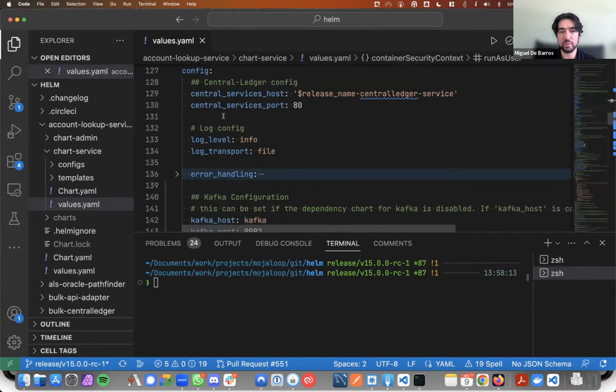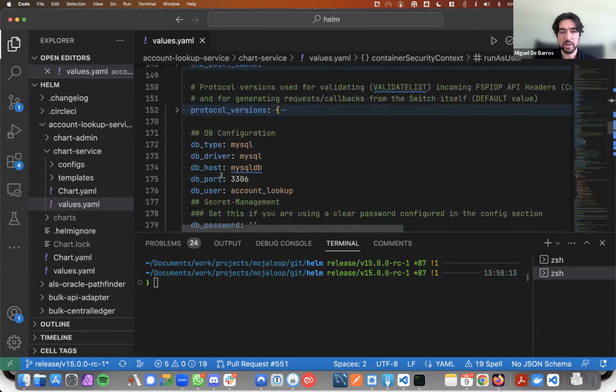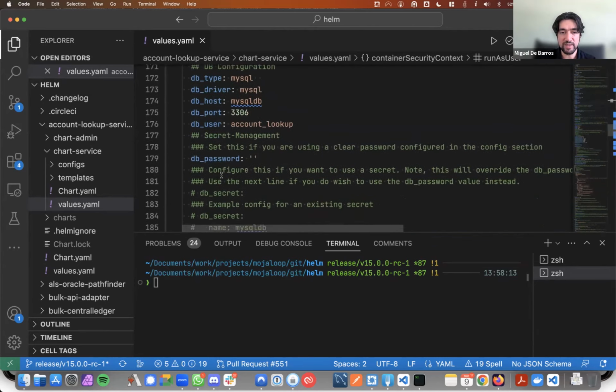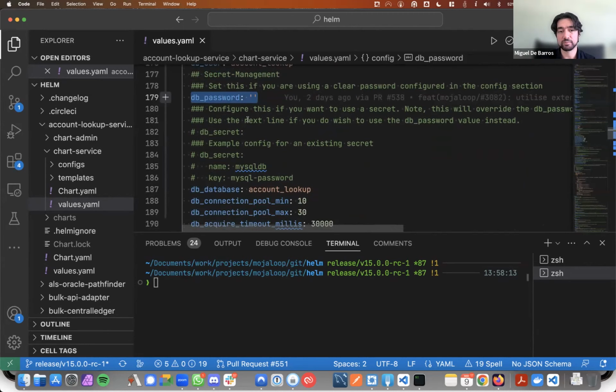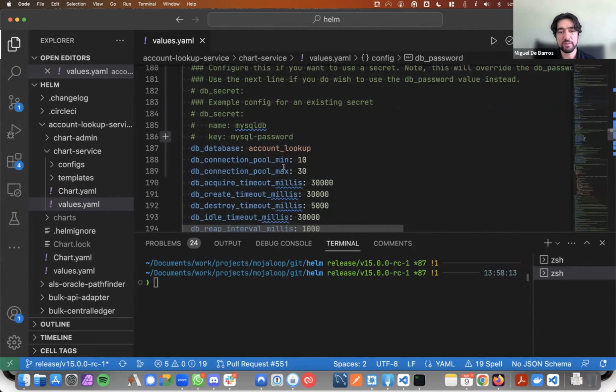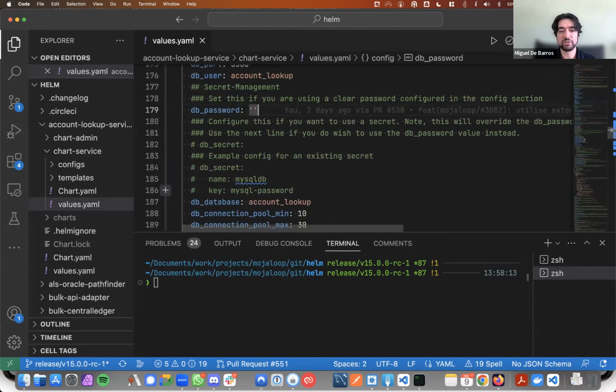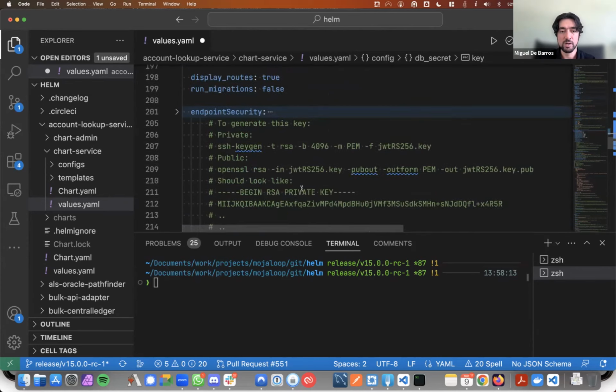We've also standardized on the way we do configurations. And we've done that also for a couple of reasons, because we mentioned that we did the secret stuff. So for example, we have passwords here, where by default, all passwords are empty. And you can see below, we can also stipulate the secret. So if I stipulate a secret like this, it will override whatever I put in the password, right? Of course, you need the secret already configured before you do deployment.